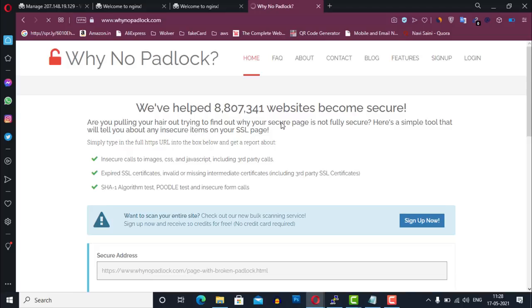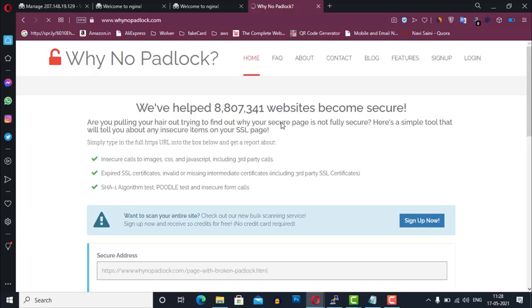So here we have two options to obtain a new SSL certificate. The first one is to go to an SSL certificate provider like Namecheap.com or GoDaddy.com to buy a new SSL certificate for your website. Second, you can generate a free SSL certificate using Let's Encrypt. Let's Encrypt is a free, automated and open source certificate authority. Anyone who owns a domain name can use Let's Encrypt to obtain a trusted certificate at zero cost.